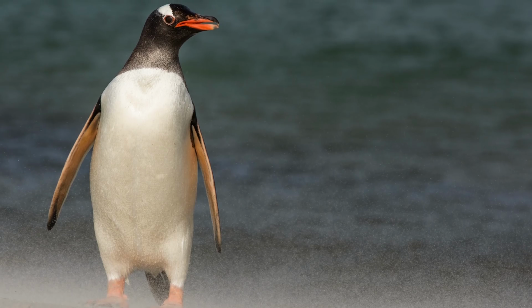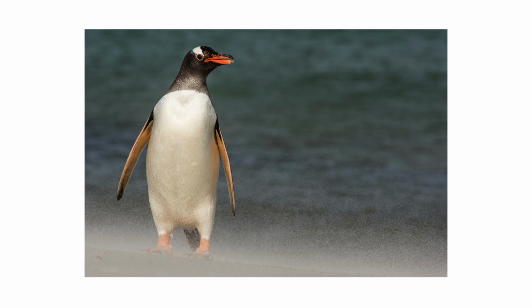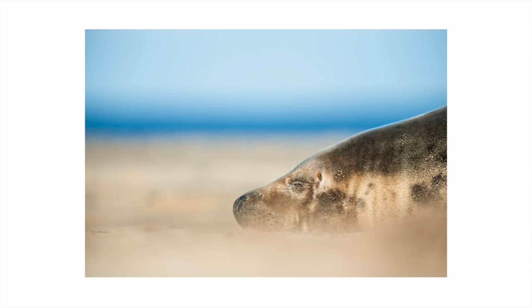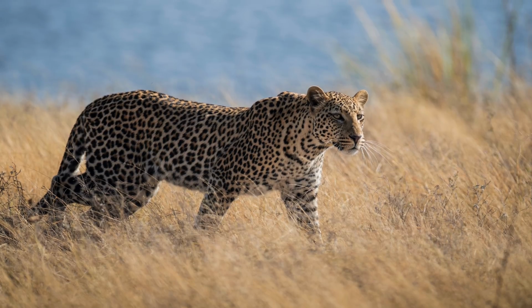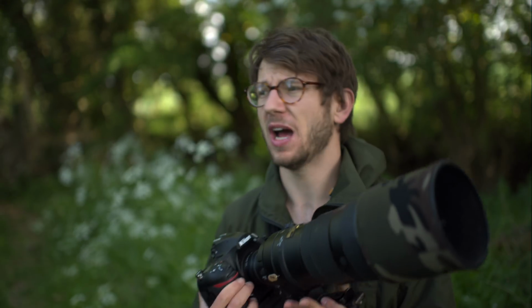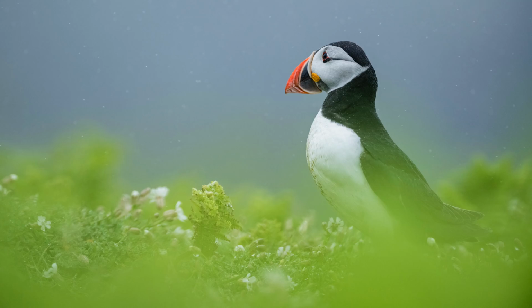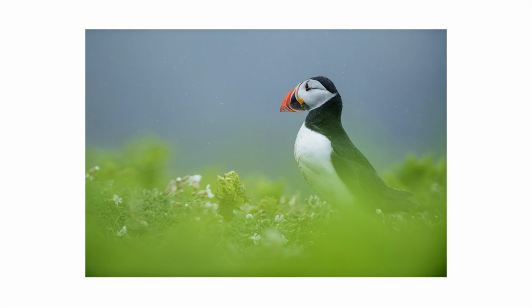I've been using this lens now in multiple locations around the world for years, and it's never skipped a beat. From the beaches of the Falkland Isles, where I got absolutely battered with sand, to beaches in the UK where I get absolutely battered with sand, to the rainforest where the humidity was super high, all the way out to Africa and Botswana where the heat was really, really strong. No problems whatsoever. Having absolutely soaked it on so many occasions, I've never had a single issue with the weatherproofing